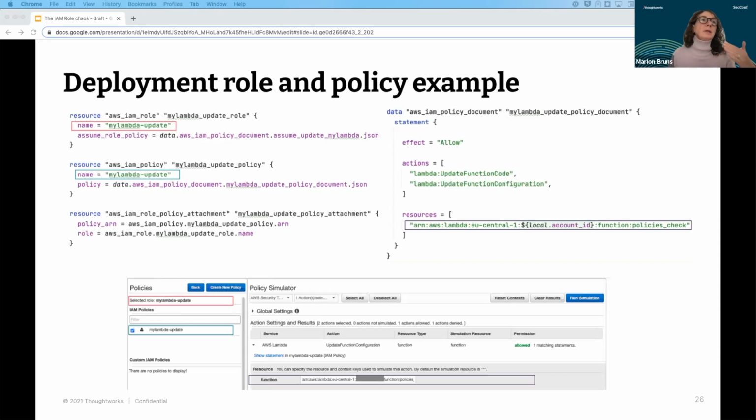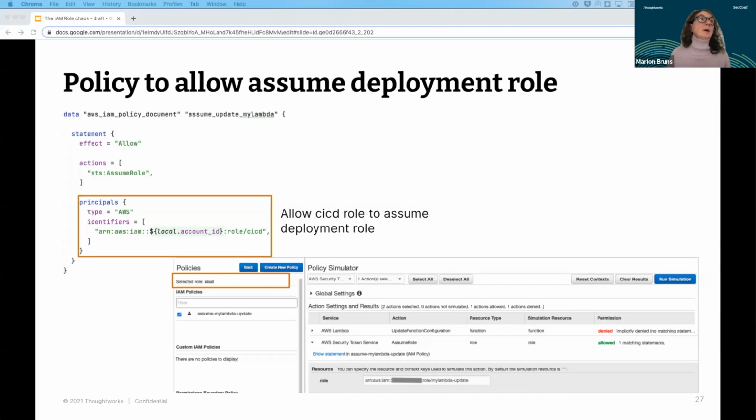I also put a little image from the policy simulator here, and you can see my lambda role with that given policy. If I try to update a lambda function with this particular resource, the permission went through. And then, of course, you need a policy to allow assuming the deployment role.